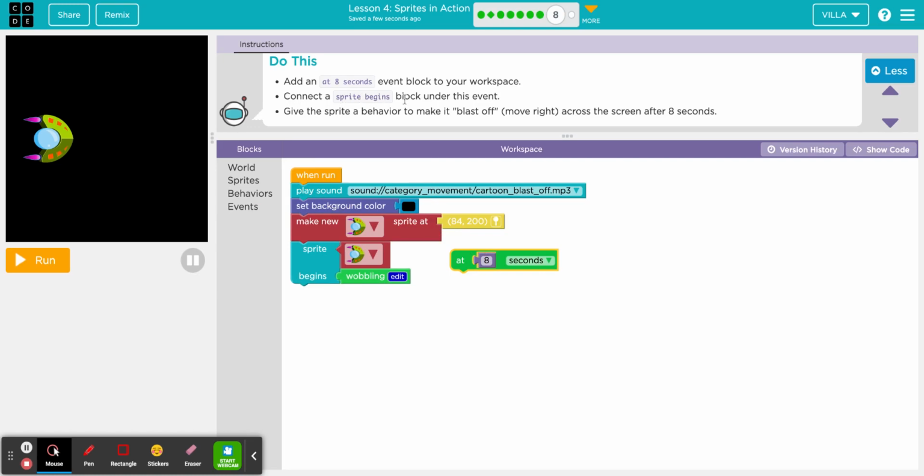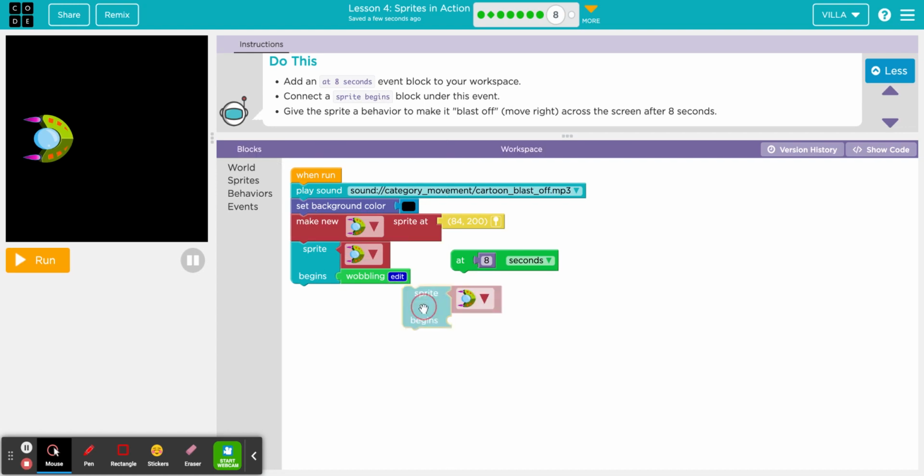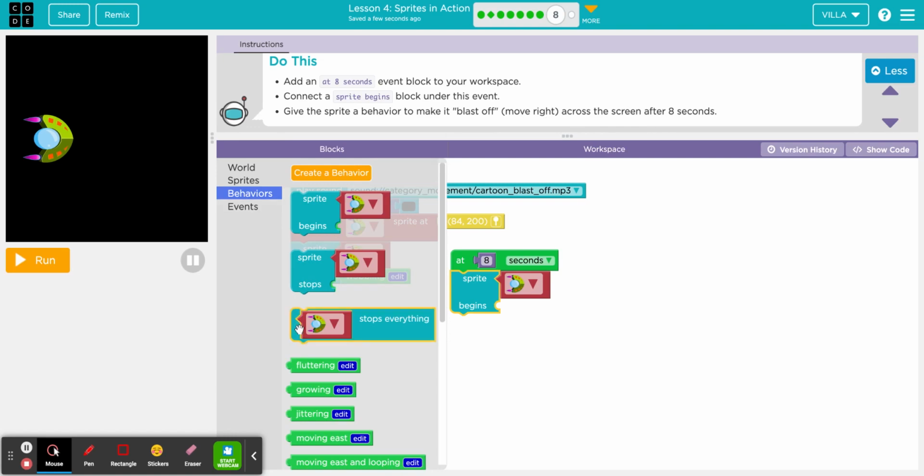Connect a sprite begins block under this event. Go to behaviors. Sprite begins. Make sure that those words are there. Sprite begins. And then give the sprite a behavior to make it blast off, move right across the screen after 8 seconds. So the behavior is to blast off